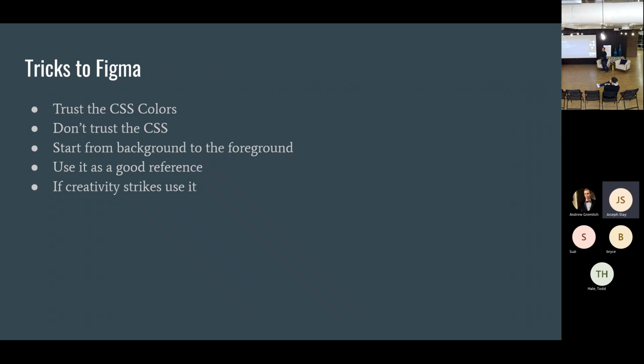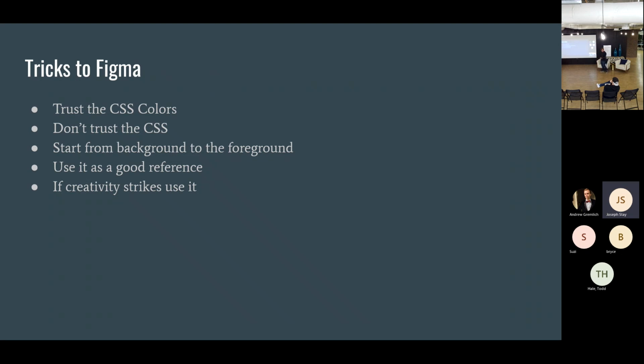The first part is to trust the CSS colors. When you click on it and it shows you the CSS, the colors are very nice, and they're going to help you with the theming and with remembering all the different things. The other thing is don't trust the CSS, mostly because most of it isn't what you're going to want for how far left and right. Some things just aren't going to apply to your code, and it's going to take up a lot of space in your CSS file, which is not great. Now, there are some things to trust in the CSS, like border radius and other small things you're going to need, backgrounds, etc.